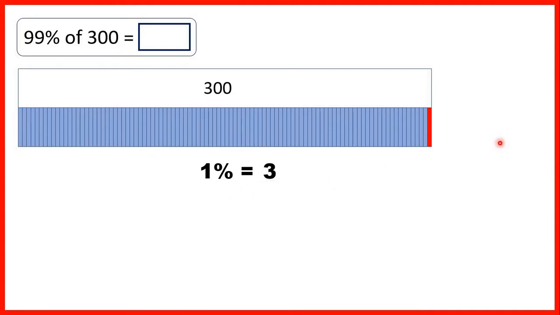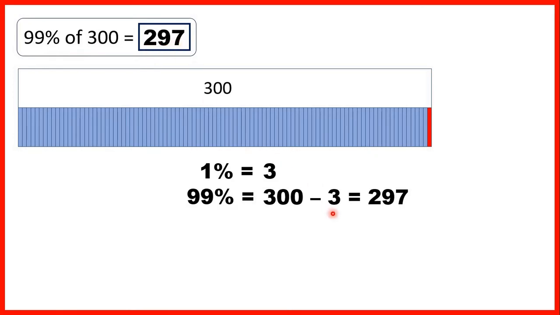But now, because we know that 1%, like this 1% that we have in red here, is 3, we can work out 99% by taking our total quantity and then subtracting the 1%. So 300 minus 3 is 297, which means that 99% of 300 must be